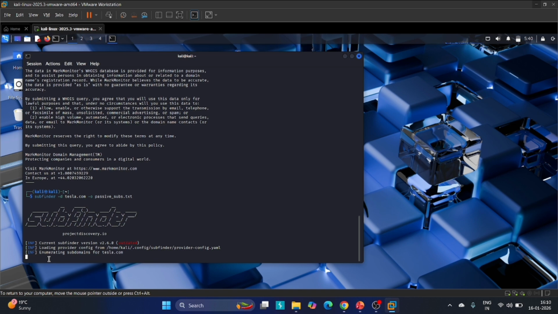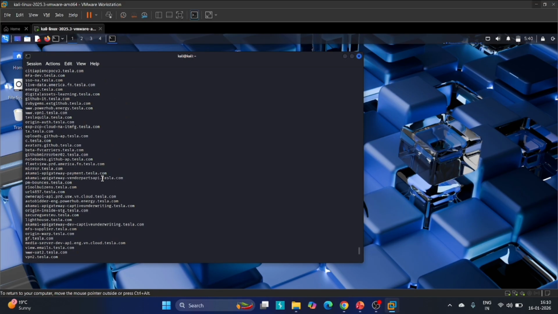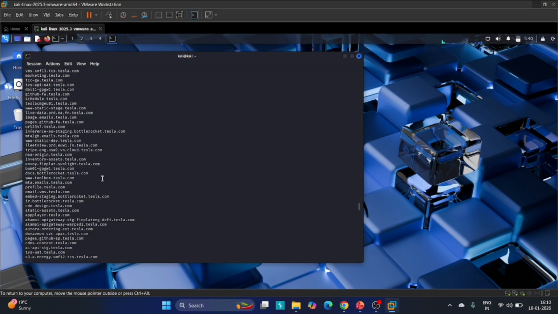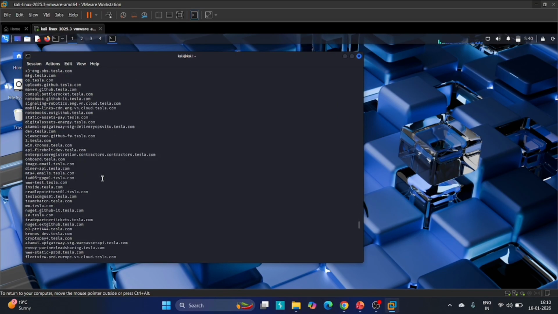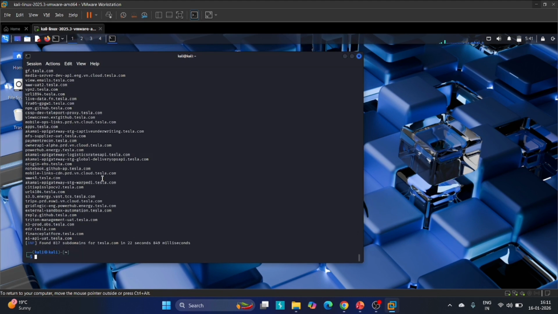Because it relies on external data, it doesn't directly interact with Tesla servers. We are waiting to see what it will show. Here we see it collects all the subdomains. This makes SubFinder ideal for early stage reconnaissance in bug bounty programs. Now we will move forward